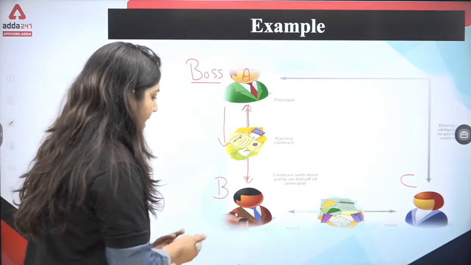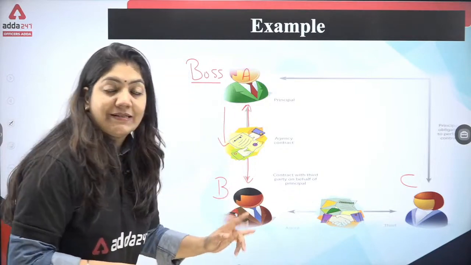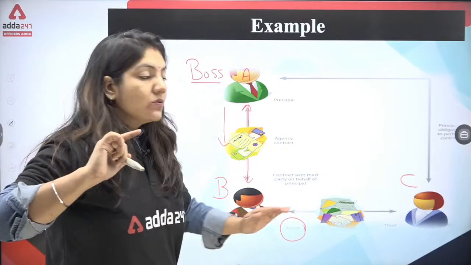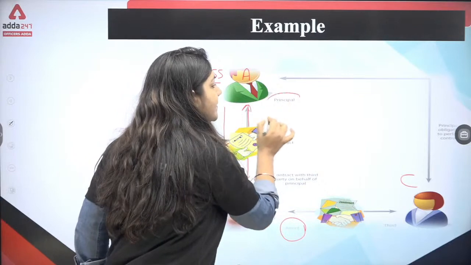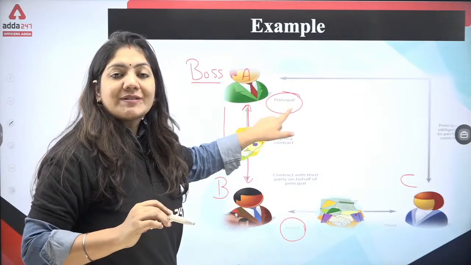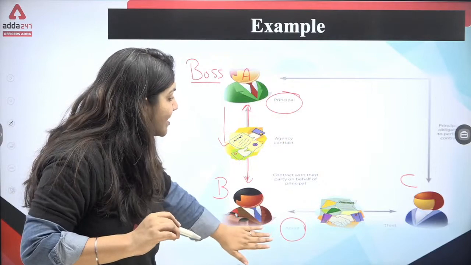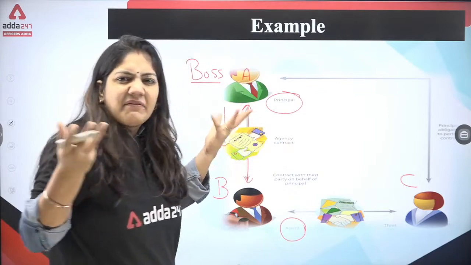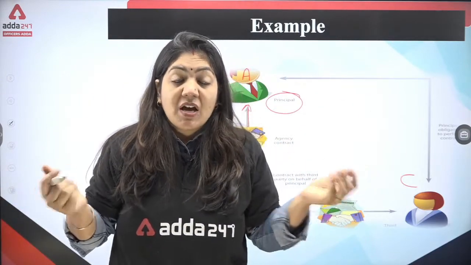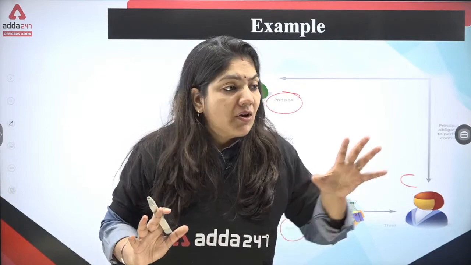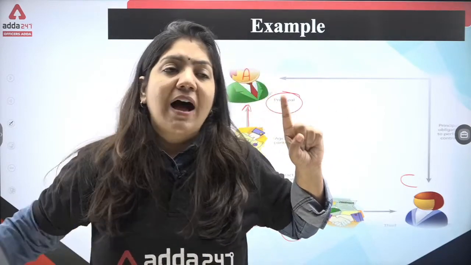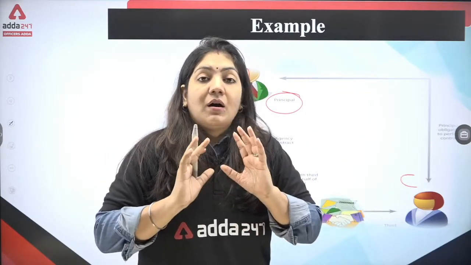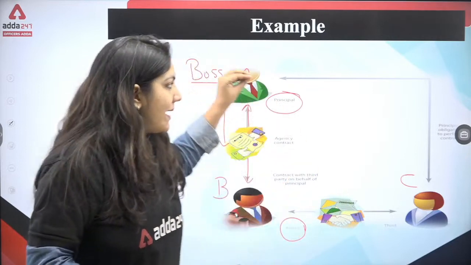Now this person acts as an agent. An agent is a person who always works under the principal. The boss, in the legal term, you can say principal. Done. So this agent will work on behalf of this principal. Now suppose the boss, the principal, is very busy. If you open any company, you cannot handle the company single-handedly. You have to recruit employees so that your company or business will run. The same thing applies here also.